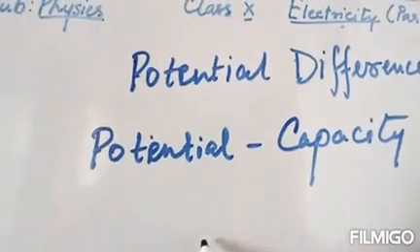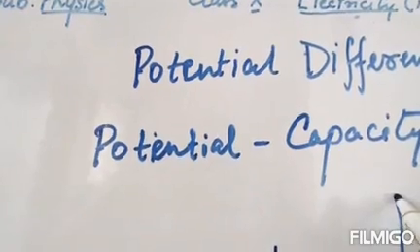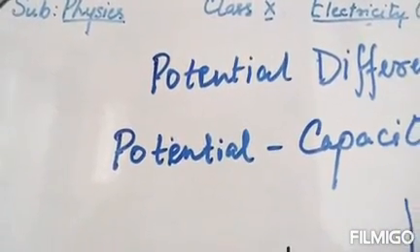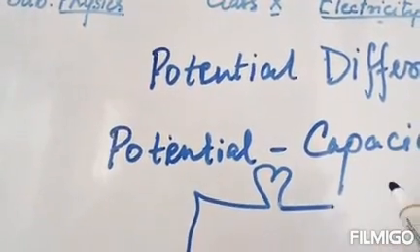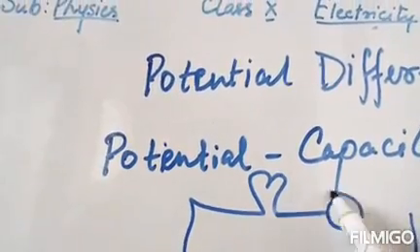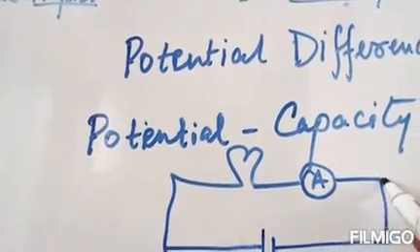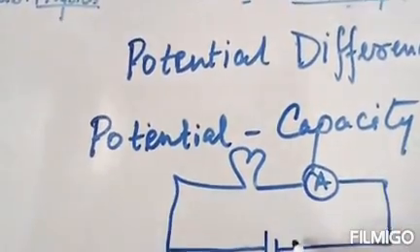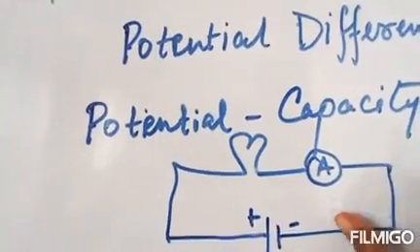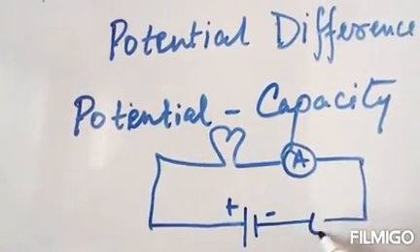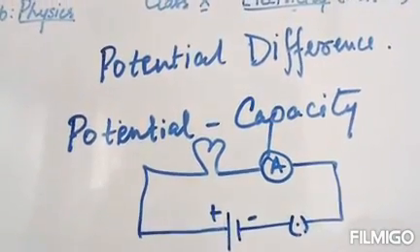That is, when a cell or a battery is connected through a wire to any bulb or something, suppose, and an ammeter is connected, as we have seen in our last class. In the same way, this short one is the negative one and this long one is the positive one, and we also have a key. What is the purpose of the key? To allow current to have a closed connection or an open connection, right?